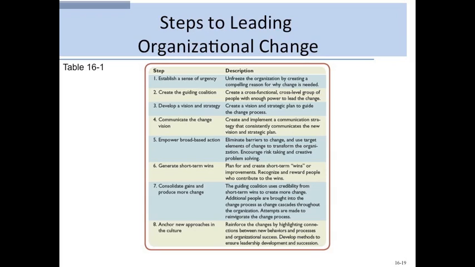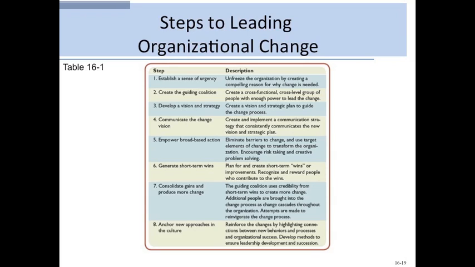Think about, if I ran into a class and everybody was kind of sitting comfortably and I said, listen, there's a fire in the building. That creates a sense of urgency. People now want to get up and they want to move. That's change. Create the guiding coalition. Again, you cannot just tell people, hey, we need you to do something differently. You have to guide them towards where you would like them to be, this guiding coalition, and get people involved in the change.